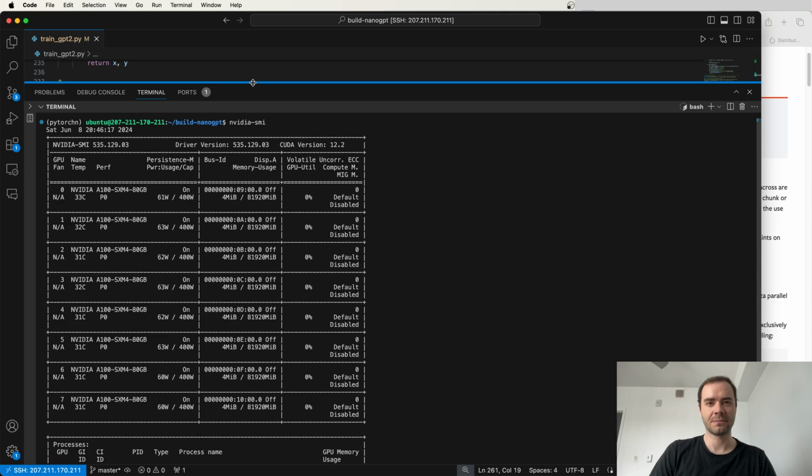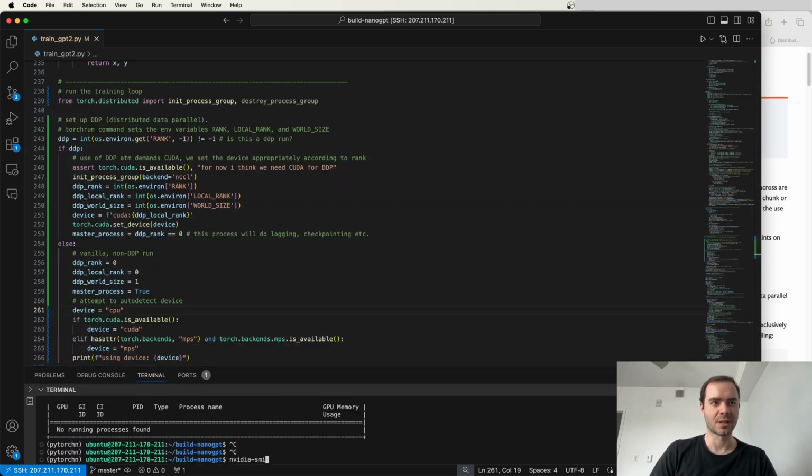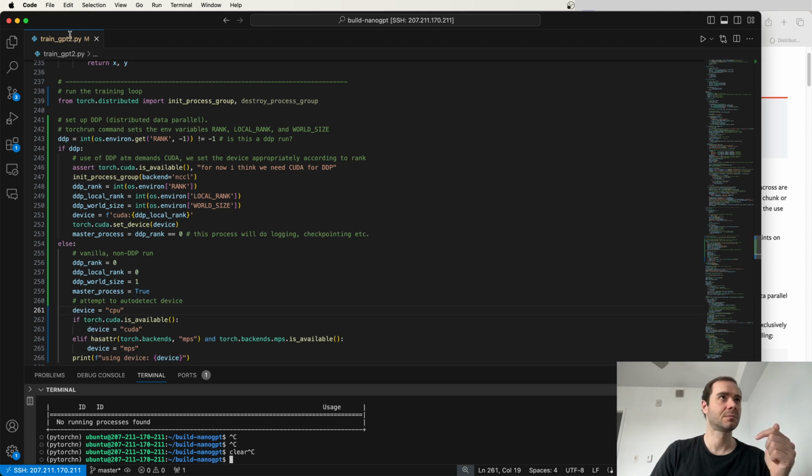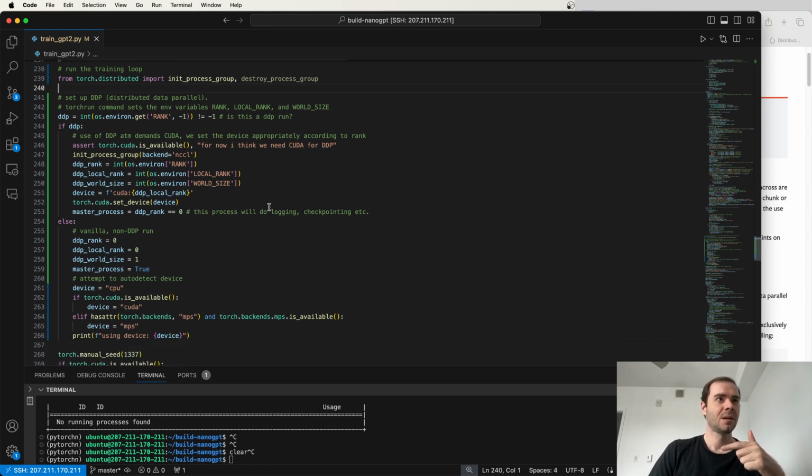So to use all 8 of them, we're not going to be launching our script anymore with just python train_gpt2.py. We're going to be running it with a special command called torchrun in PyTorch. We'll see that in a bit. And torchrun, when it runs our Python script, will actually make sure to run 8 of them in parallel. And it creates these environment variables where each of these processes can look up which one of the processes it is. So for example, torchrun will set rank, local rank, and world size environment variables. And so this is a way to detect whether DDP is running. So if we're using torchrun, if DDP is running,